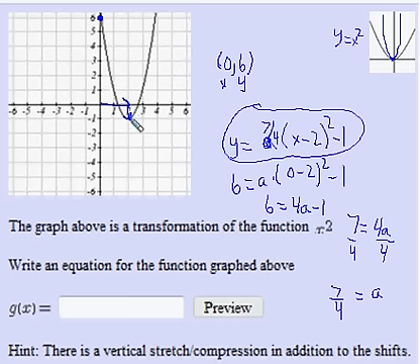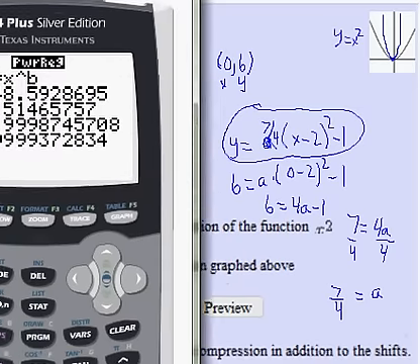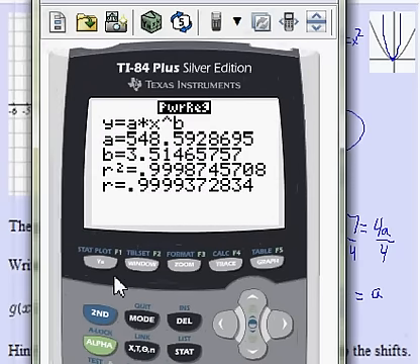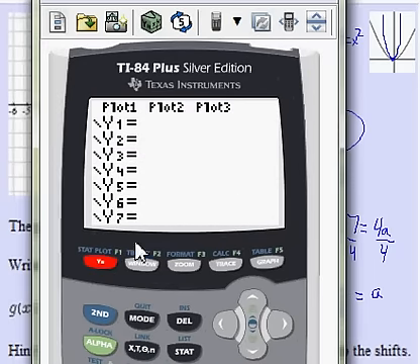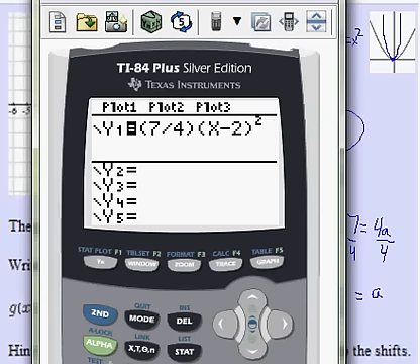I'm not sure that I can do that here. I'm not sure I could fit this in given the window that I have, but I could go to my y equals in my calculator, type in parentheses 7/4. I didn't plan on putting this in the video, but we'll try. Let's see here. And then it was parentheses x subtract 2 quantity squared,